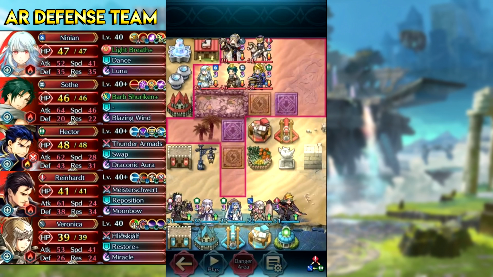Soth starts off the match with Blazing Wind ready to go, and he has movement priority over everyone else, well normally he would. Veronica and Soth cover the center bottom areas, while Veronica, Soth, and Reinhardt cover the right side. The fortress and the tree make it hard to initiate on Ninian and retreat safely without having a flyer. If Ninian gets taken out, then the whole setup becomes a lot easier to overcome, but that either requires A,